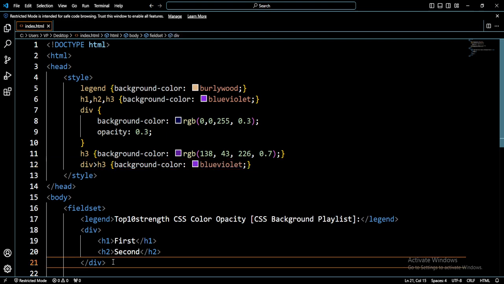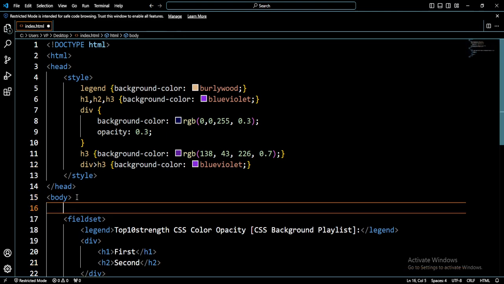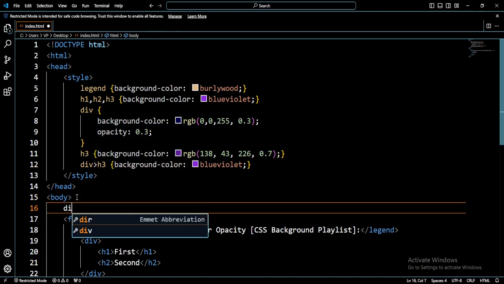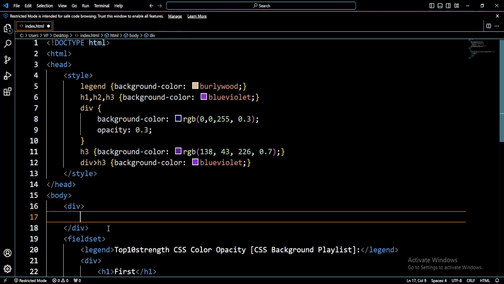Now let's define another div element again. I want to define another div element, that's why I'm doing that. So at the top right here, I'm going to define another div element. Inside this div element, I want to have my h3 tag, and inside this h3 tag, I'm going to write something there. I want to write new